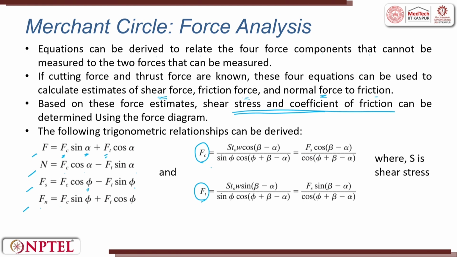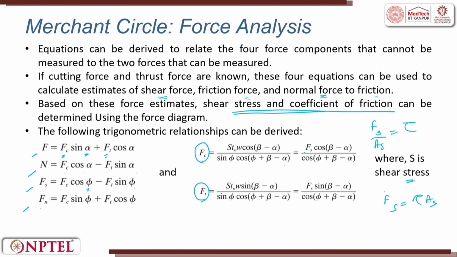So, it can be written like this, where S is the shear stress, this is tau, right. So, you remember we wrote Fs by As is equal to tau. Now, Fs is nothing but tau into As. So, that is what has come here, right. So, the shear stress tau also comes here. So, we multiply that area and then we write it like this.